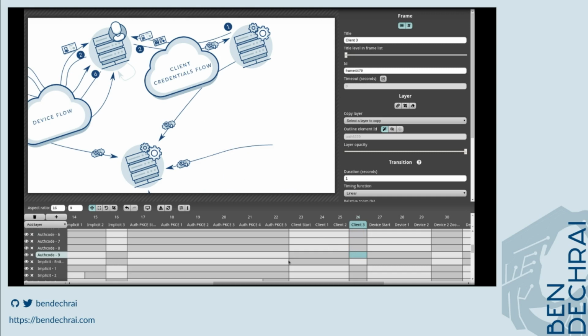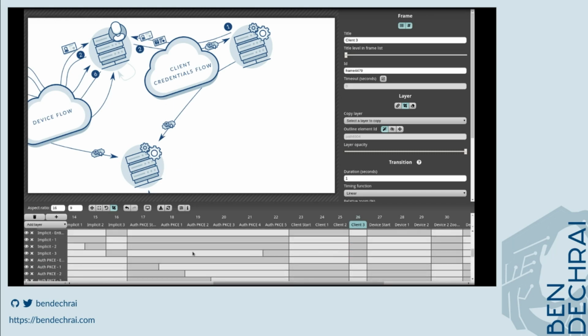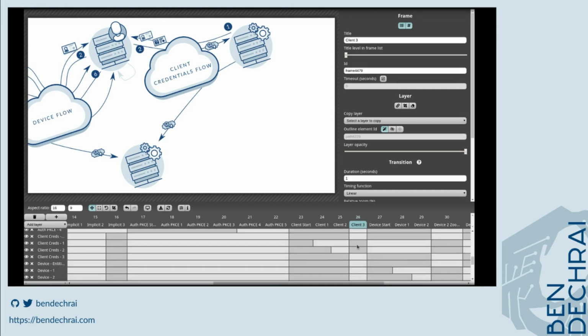But number 9, potentially we can crop out that line now. We can just about come in there, and then we've got our implicit 3 in here, which I'm just going to move down a little, and all our device flow stuff we need to move as well. So we'll find the device flow,